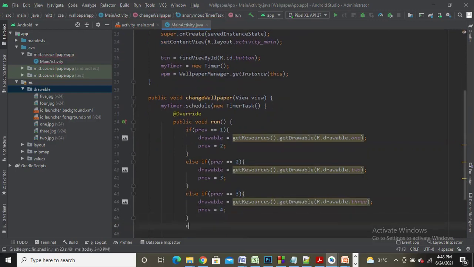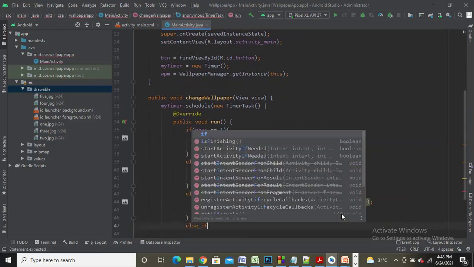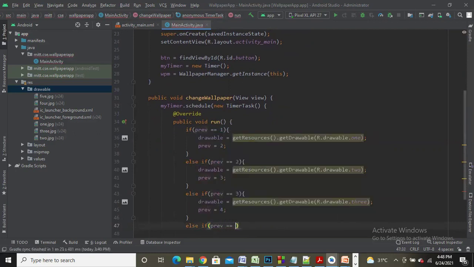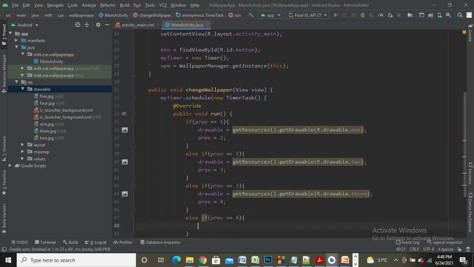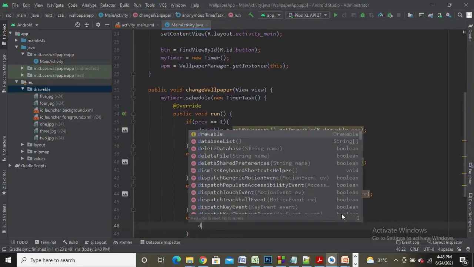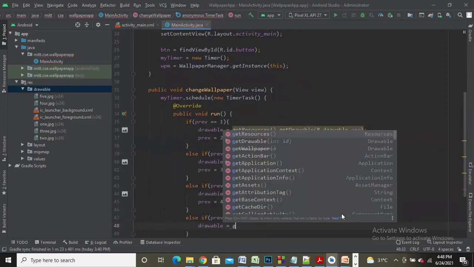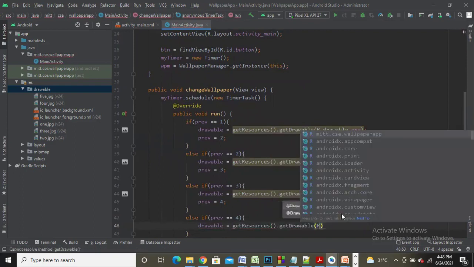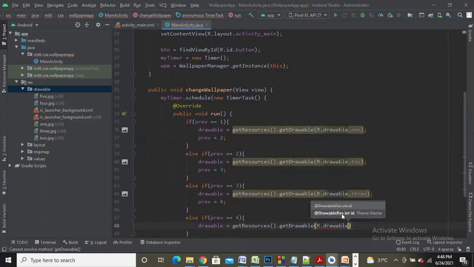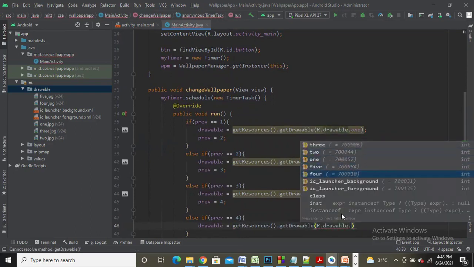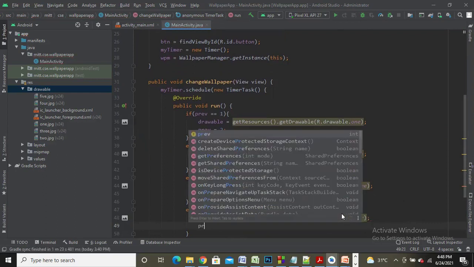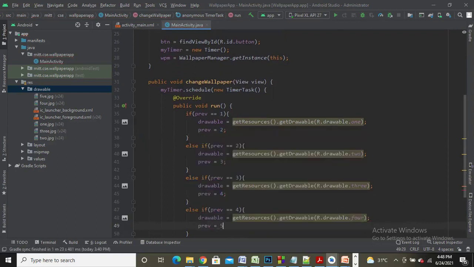Now else if my preview value is equal to 4, then retrieve the fourth wallpaper and make it pointed to by the drawable object. So drawable equal to getResource dot getDrawable R dot drawable dot 4. Then as usual change the preview value to 5.